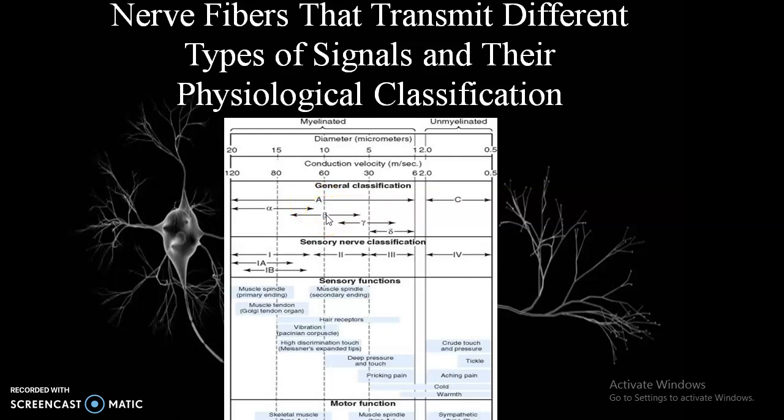Some tactile free nerve endings transmit by way of unmyelinated C fibers, with a velocity of 0.5 to 2 meters per second. That is the conduction velocity of C unmyelinated fibers. These nerve endings send signals into the spinal cord and lower brainstem, probably subserving mainly the sensation of tickle.